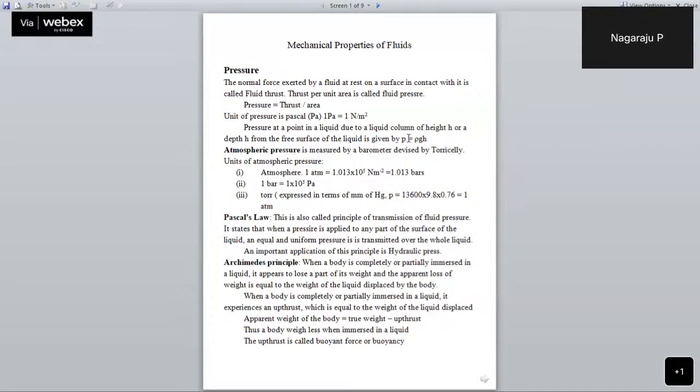Suppose we talk from the bottom, we write it as height. And suppose we take from the free surface of the liquid, that is from the top, we call it depth. You already know the unit of density, it is kg per meter cube. The acceleration due to gravity is meter per second square, and height is measured in meter. They are all in SI. And now let us come to atmospheric pressure.